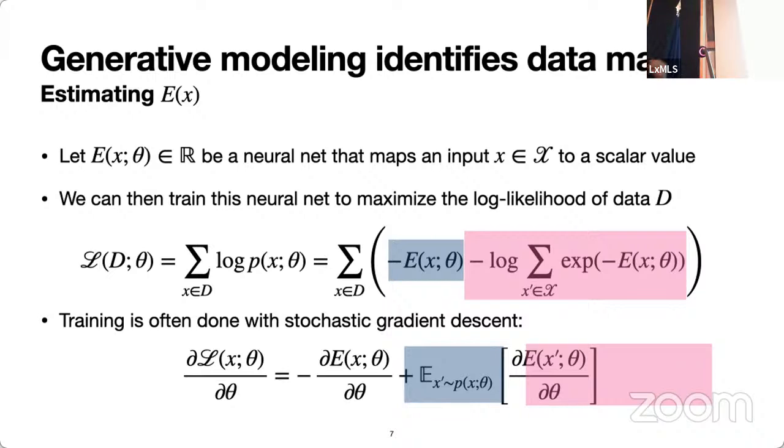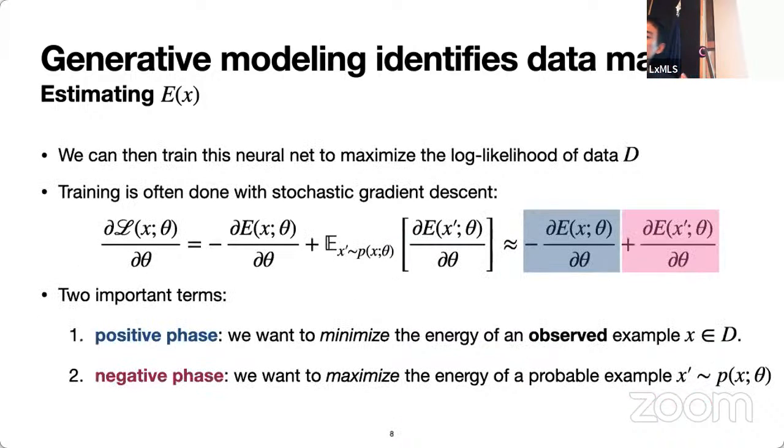When you write the gradient of, let's say, an individual term, what we end up with are two terms. The first one is what we call the positive phase, and the second one is the negative phase. What does the positive phase refer to? The positive phase refers to the fact that we want to minimize the energy of an observed, positive example we have. So we're trying to ensure that the energy is going to be lower. Now, I always want to increase the energy. That's how I normally think, but somehow these physicists have the wrong concept of the sign. So we always have to lower the energy of the positive examples.